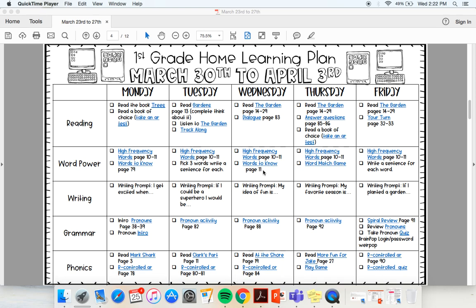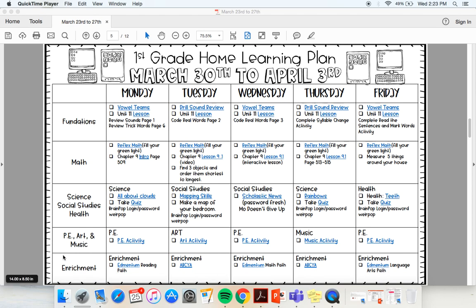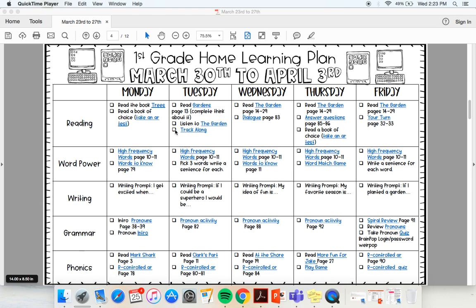Your home learning plan is 2 pages long. On the first page, your subjects are reading, word power, writing, grammar, and phonics. On the second page, you have foundations, math, science, social studies, health, our specials, and enrichment. We are going to go through one day so you can see what a full day of learning looks like